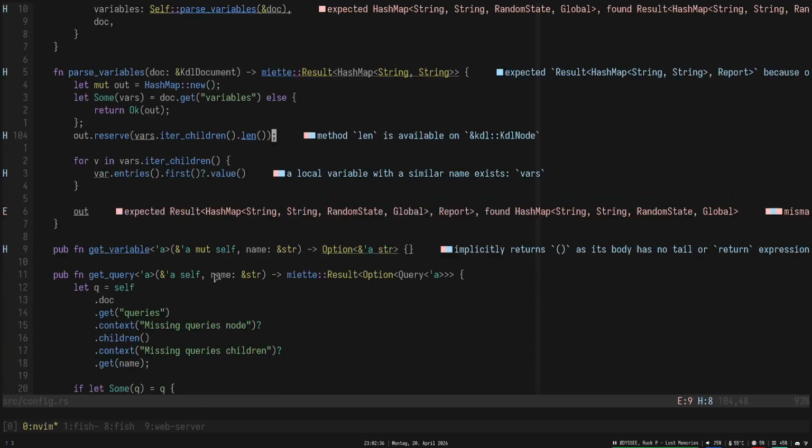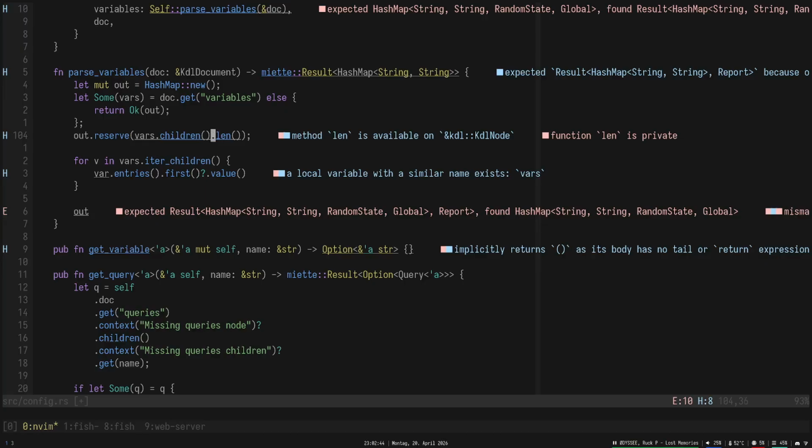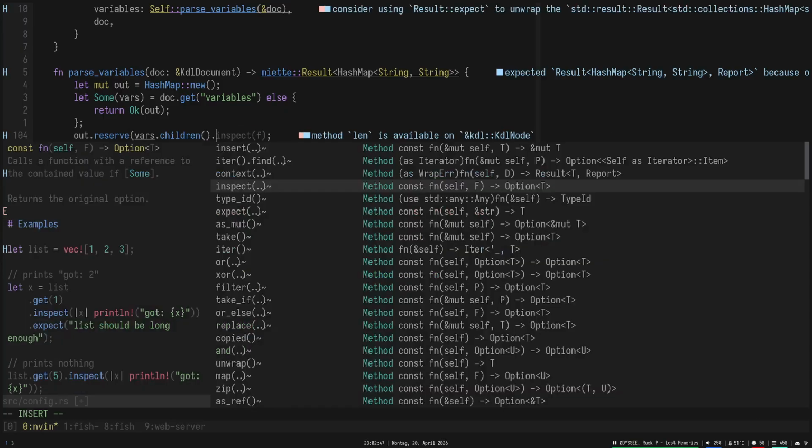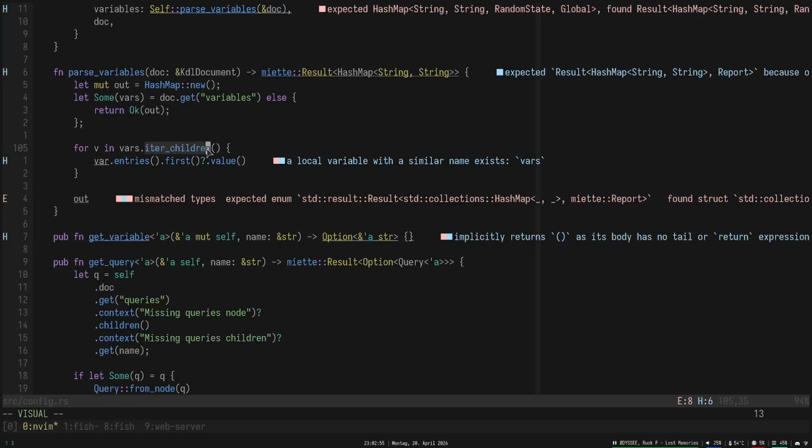I'm pressing all the wrong buttons. What the fuck? Okay. Vars dot children dot... okay, that's fine. We'll just let this go for a minute. So iter children,